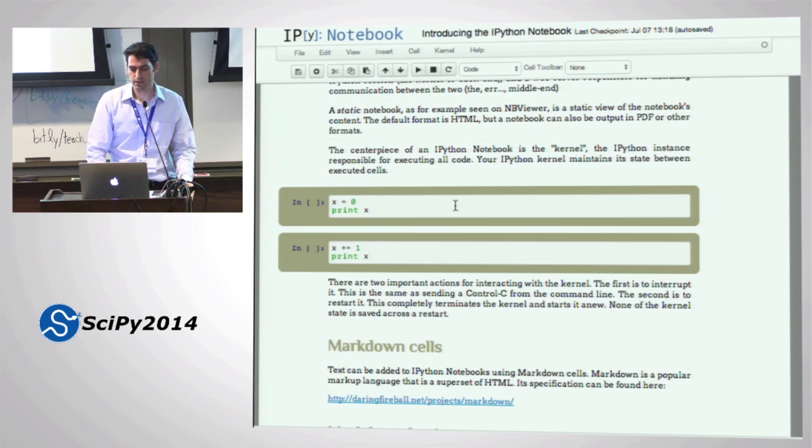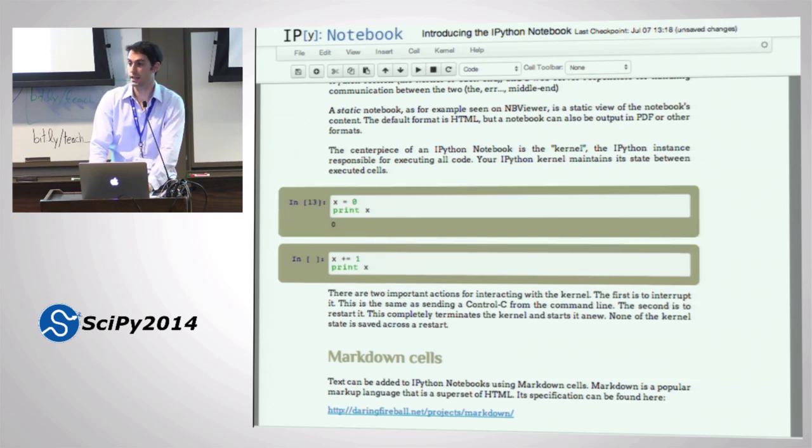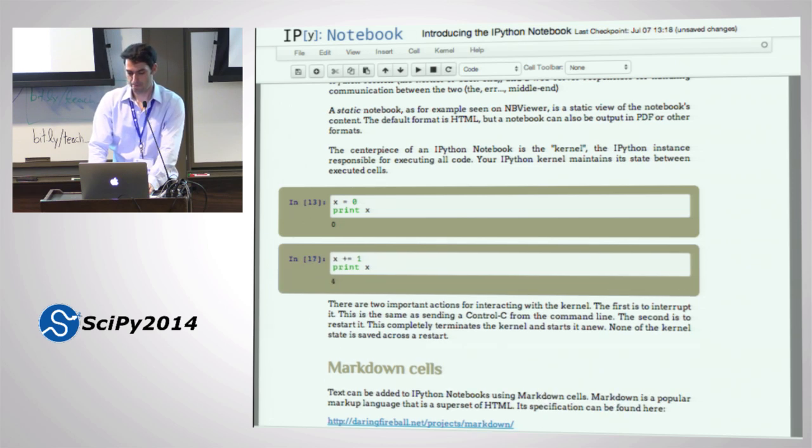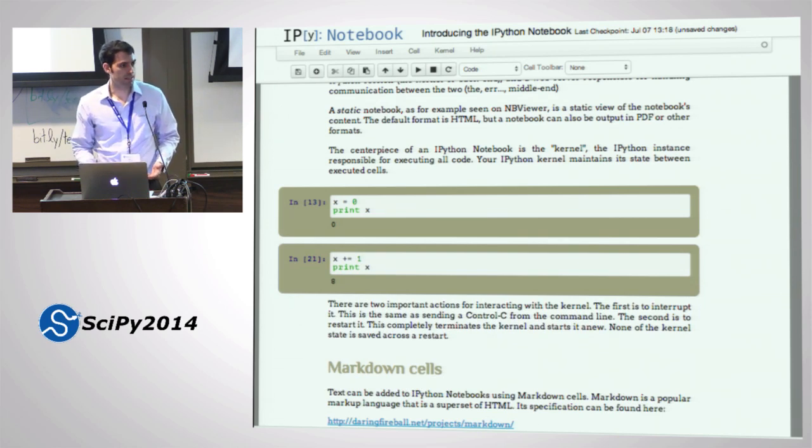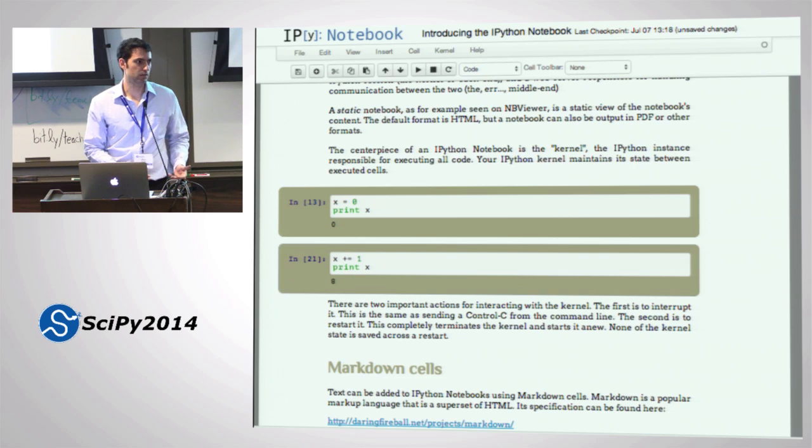Okay. So the other thing to note, and these two are code cells, and I want you to execute them. This is x equals 0, print x, and x plus equals 1, print x. If you do Shift Enter on the first cell, and you can be in either command or edit mode, Shift Enter will execute the cell. But on the second cell, when you select it, I want you to hit Control Enter a couple of times. So the output is changing because that kernel is stateful.